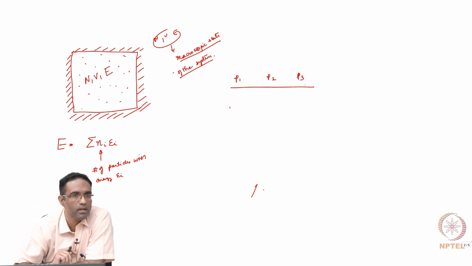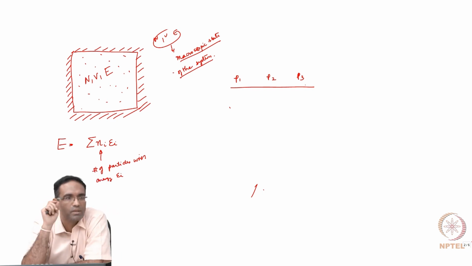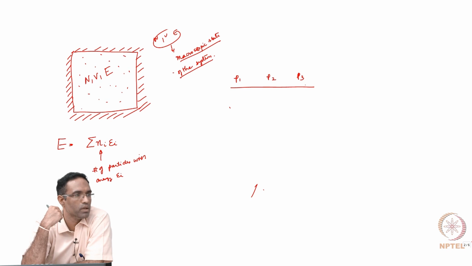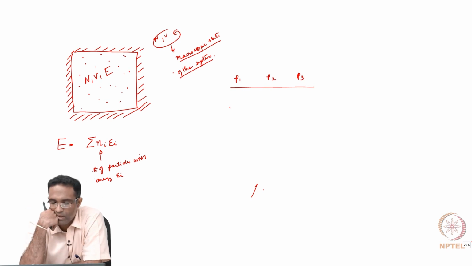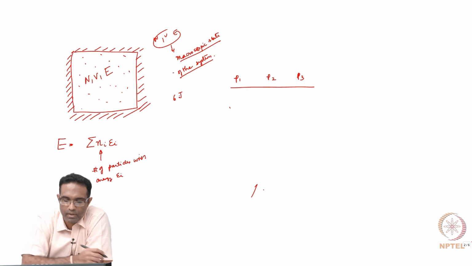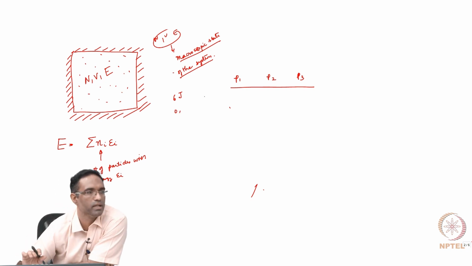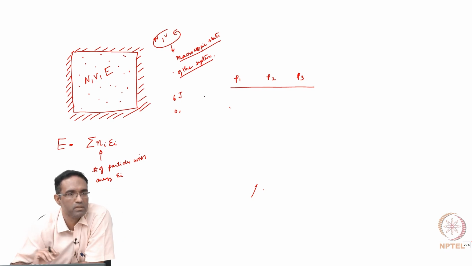Maybe one is marked with yellow color, another one with blue color, and the other one with red color. And the total energy of the system is something like 6 joules. And I am going to say that they cannot take energy 0 or any decimal energy. Only integral energies they can take, just for the sake of illustrating